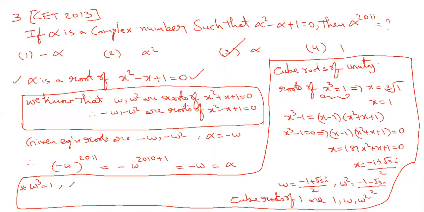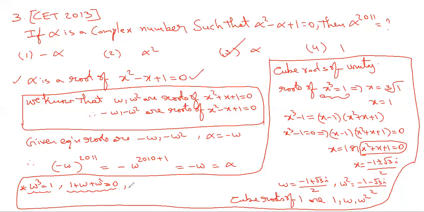And also, omega is a root of this equation. So this omega will satisfy this equation also. That means, okay, let us start with 1. Usually the property is written in that way. That's why 1 plus omega plus omega square equal to 0. So these two are the very useful properties we use frequently. Omega cube is equal to 1. 1 plus omega plus omega square is equal to 0.